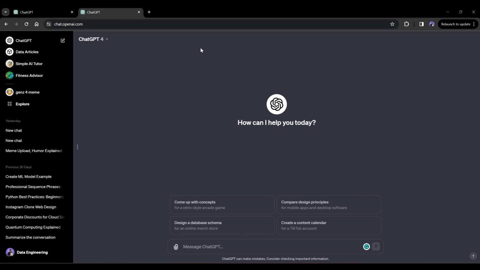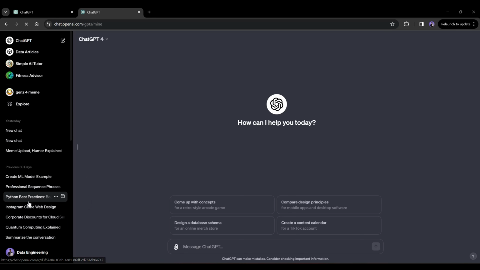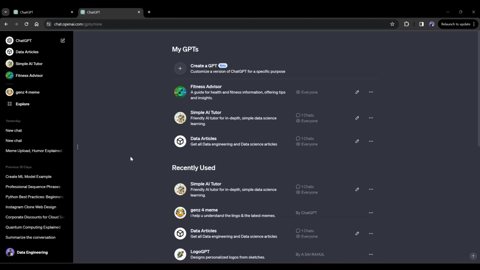Fine. Now, if you see here on my left-hand side, I have already created some custom GPTs, like Data Articles, Simple AI Tutor and Fitness Advisor. Now I'm going to teach you how to create a new custom GPT in just two steps. The first thing: on the left-hand side, click Data Engineering and you will see something called My GPTs. Just click this